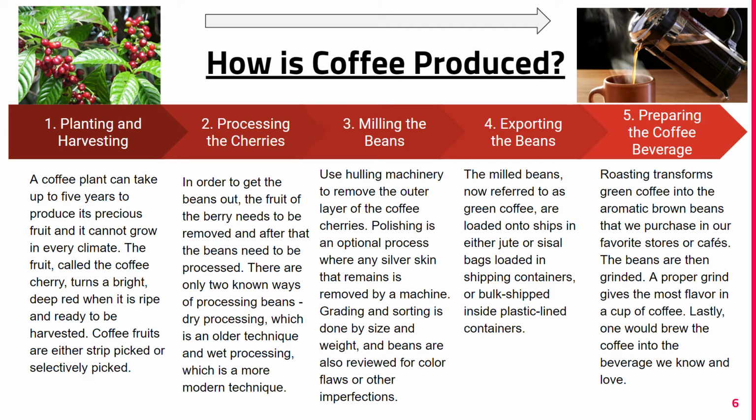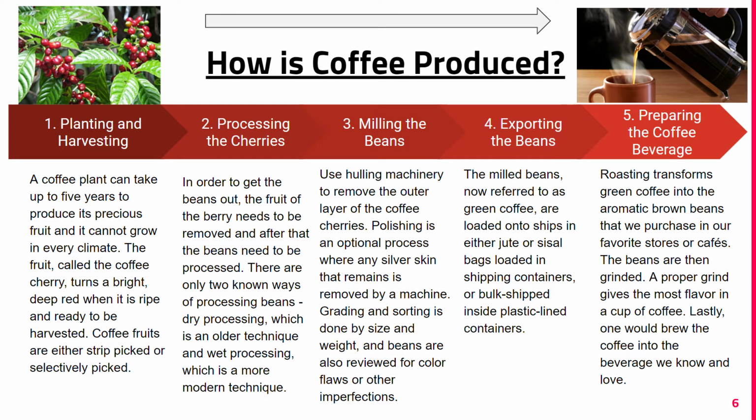Whether by hand or by machine, all coffee is harvested in one of 2 ways. They're either strip picked, where all of the cherries are stripped off of the branch at one time, or selectively picked, where only the ripe cherries are harvested, and they are individually picked by hand. So, second, in processing the cherries, in order to get the beans out, the fruit of the berry needs to be removed,